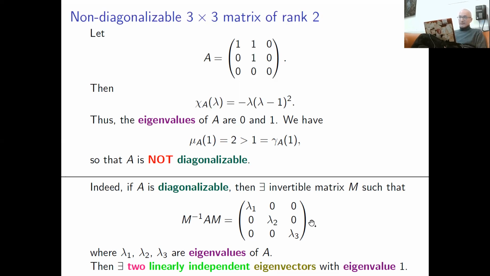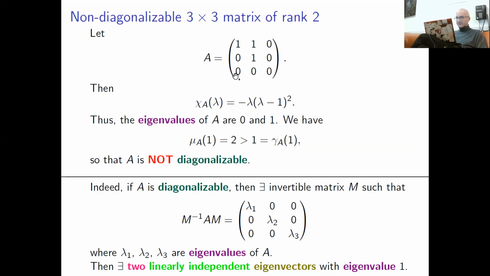But then if you subtract 1 times identity, you get a matrix consisting of all 0, and only in one place you're going to have minus 1. So its rank is 1. So its kernel has dimension 2 by the rank-nullity theorem. So this means that the geometric multiplicity is 2. But the geometric multiplicity of 1 for this matrix, we already checked, is 1. So this is a contradiction. So this is basically how you prove that this inequality obstructs your matrix from being diagonalizable in this case.